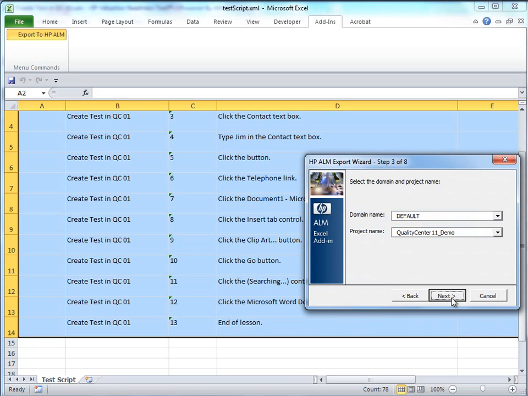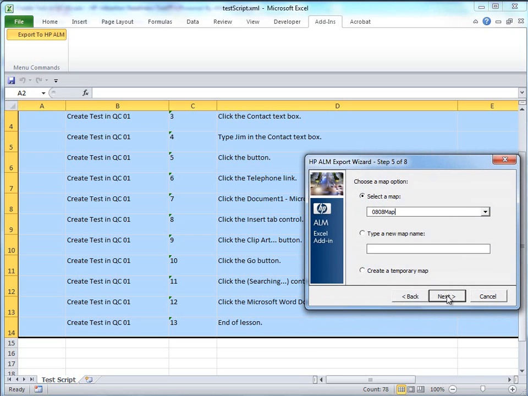And this is the project we were just looking at. It was in the domain in Quality Center called default, and then the project was Quality Center_demo. We want to do tests because from this process you can export requirements, tests, and defects, but we're going to do tests. What you want to do when you do this is we're going to create a map, and so you end up mapping the fields. So if I wanted to call this my test map here,